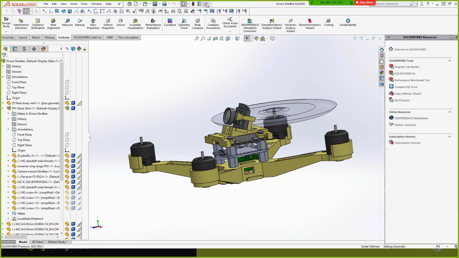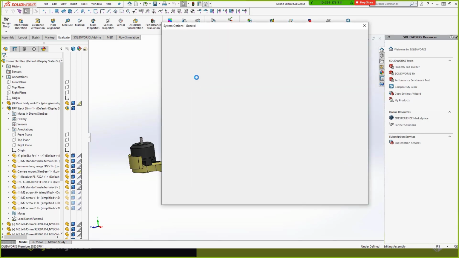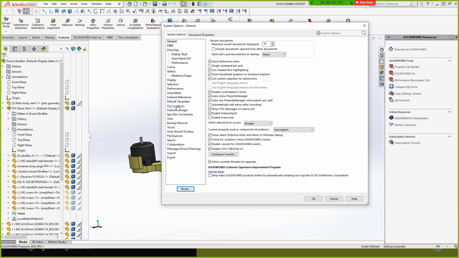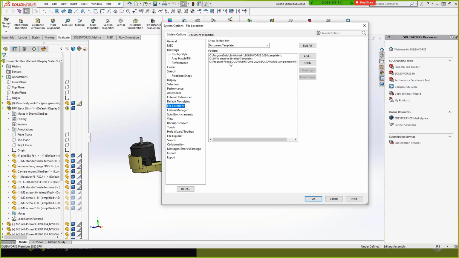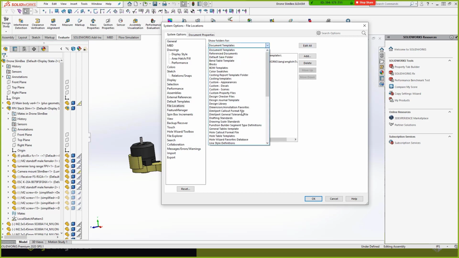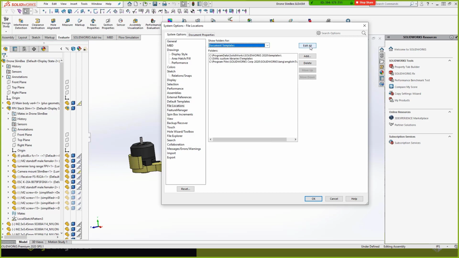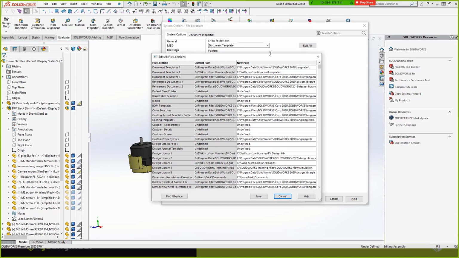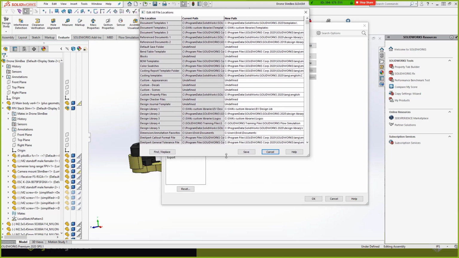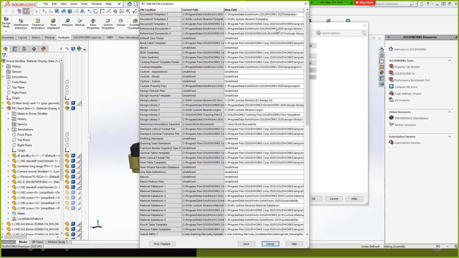So here in Tools and Options and File Locations, regardless of what you select here, you can click the Edit All button, and then this is where you get that list of everything. So in my case, I already updated everything to 2020, but if you were to have anything coming from 2019,